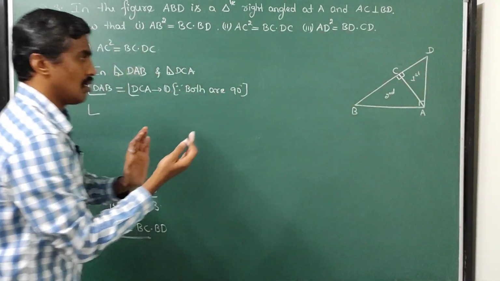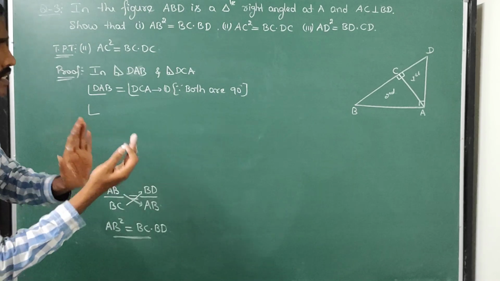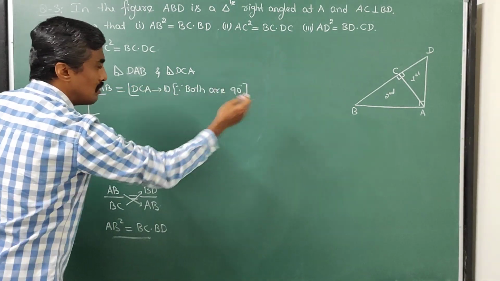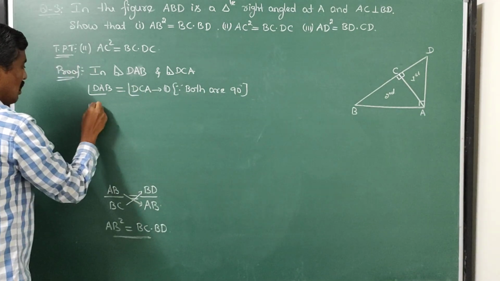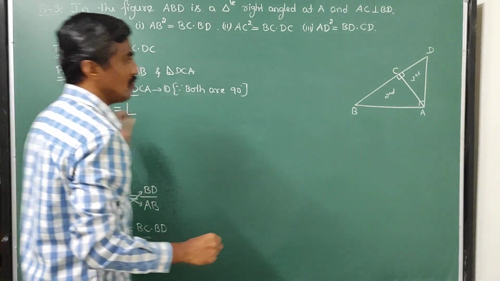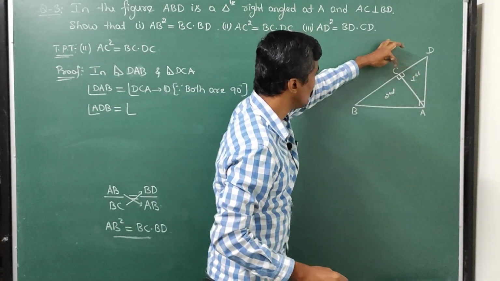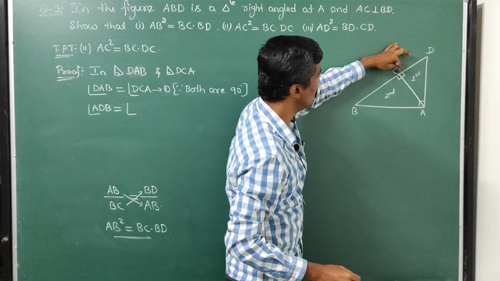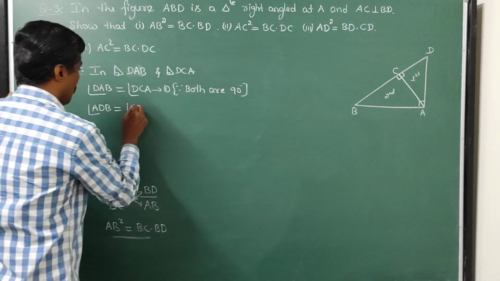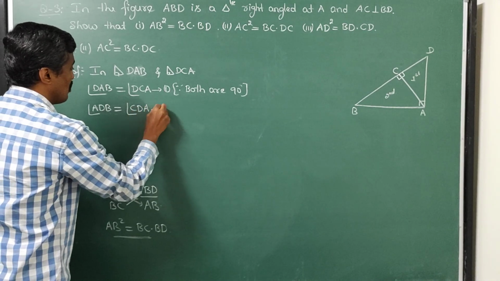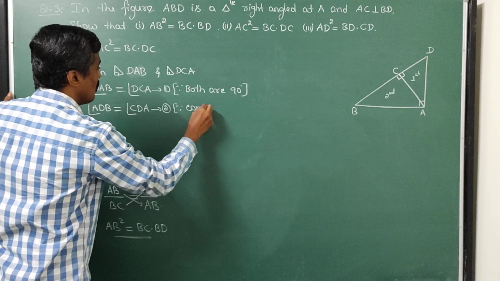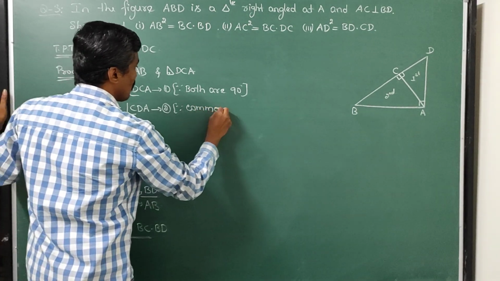ADB, right, we move from 90 degrees in the bigger triangle, the original triangle. A is 90 degrees, so angle ADB is equal to, we move from 90 degrees. Here also we move from the right angle. C is 90 degrees in the first part, so CDA. Point number 2, because it is a common angle D, or you can write common angle.